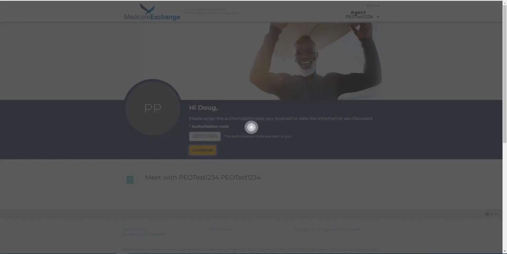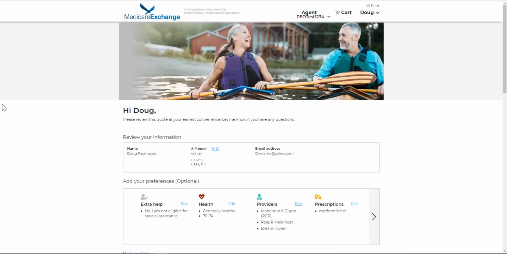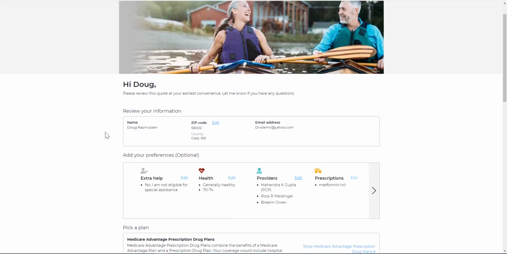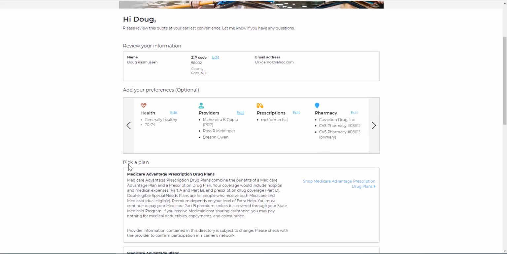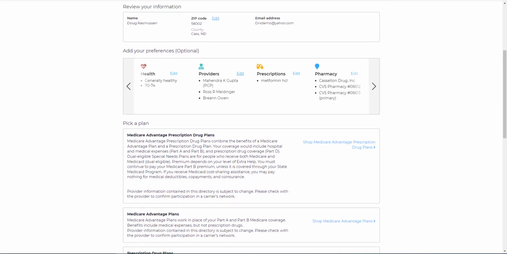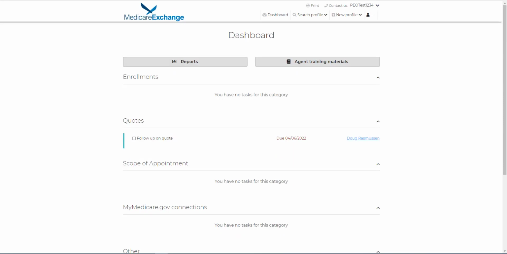Click Continue. That's going to bring that member to their quote here. They'll see their personal information that the agent has entered. They're also going to see their preferences here: their health, extra help, providers, prescriptions, and pharmacy information. So once we send that quote out to our member, if that member does decide to select one of those